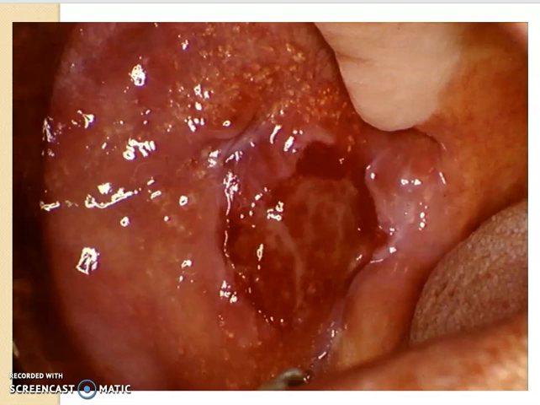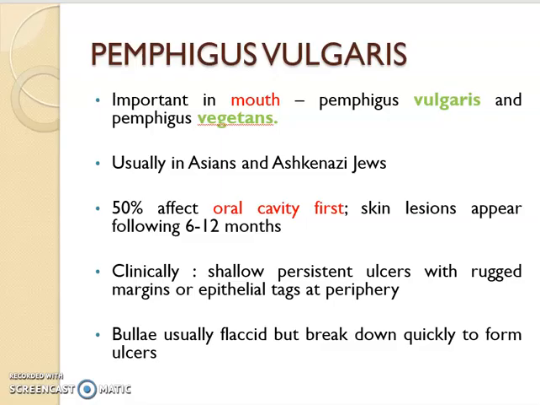Okay guys, welcome back. So clinical presentations of vesiculobullous lesions have no specific pattern. They have ulcers or erosions with irregular margins and epithelial or mucosal tags. These are actually the roof of the bullae that have ruptured and moved to the periphery of the ulcer region. So let's start with the first vesiculobullous lesion